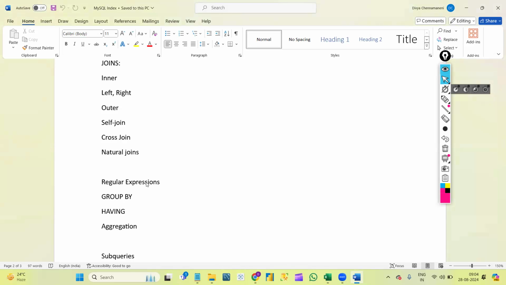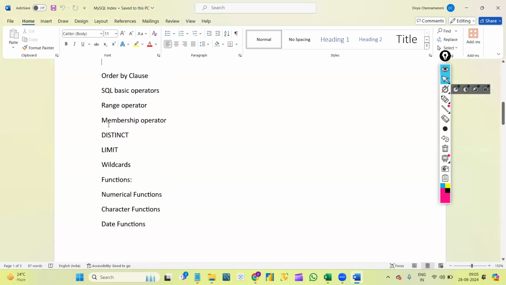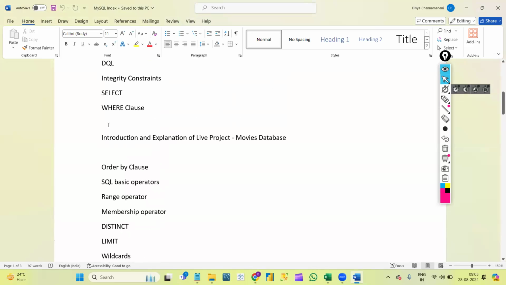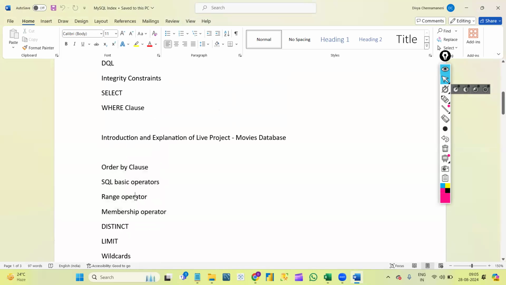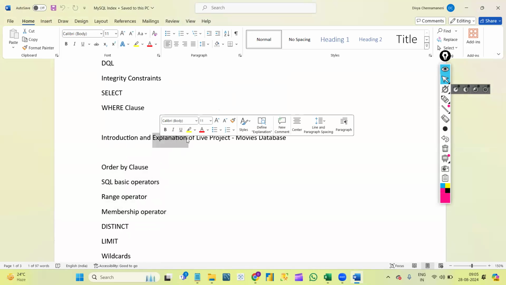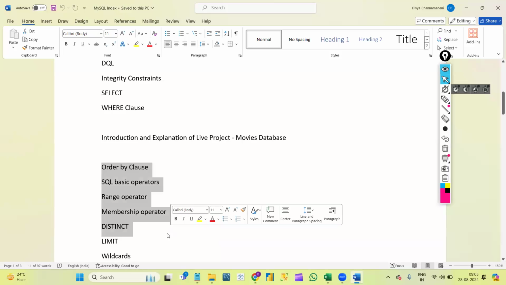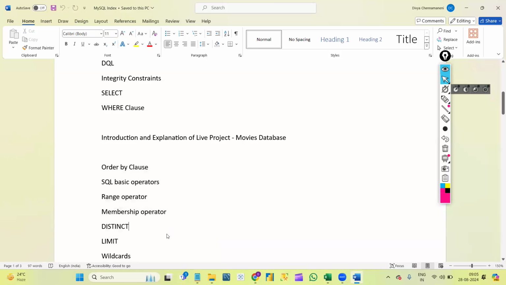Yes, yes. Actually, I want only the advanced topics. Okay. But as in the batch, if anyone is completely new, we need to cover the basic concepts also, right? So in 2 to 3 classes, maybe tomorrow's class will also be basics, and 2 to 3 classes will be taken. Then we will get into the main concepts. Clauses are also important. If you are already familiar with clauses, I suggest you listen to the class. That will be helpful for you, because we are dealing with a real-time database. We will see in this database how we deal with all these clauses, joins, like that. It will be like a revision for you.